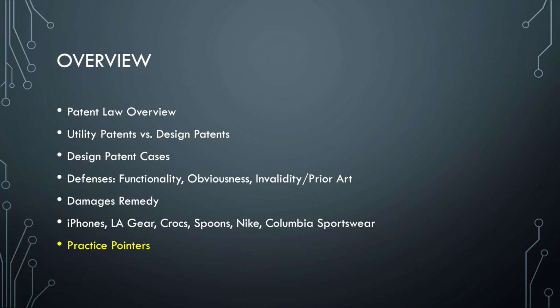We're going to look at a variety of cases to understand what is a design patent, what's infringement, what infringes, what doesn't, how does it work, how do courts look at design patents. We're going to look at defenses to the charge of design patent infringement, which include looking at functionality, obviousness, invalidity based on prior art, that is, prior design patents that are out there. And we're also going to look at the damages remedy, which is a pretty powerful remedy when you're looking in the modern world in terms of the patent landscape, at least. In design patents in particular, in distinction to utility patents, you're going to see a very powerful remedy.